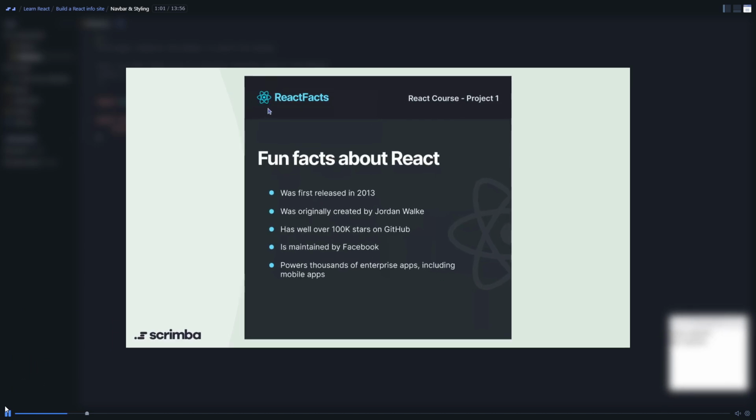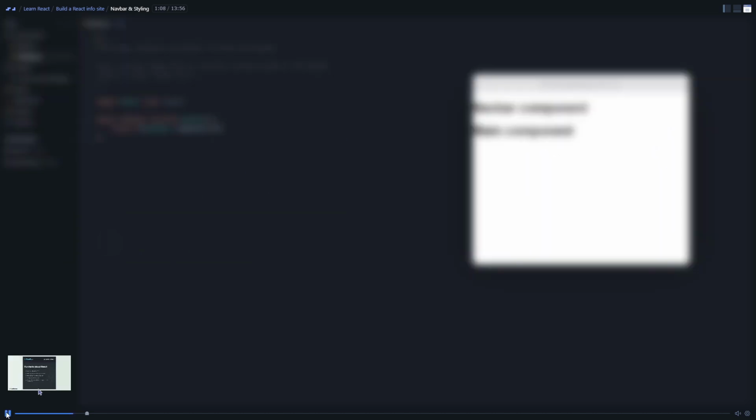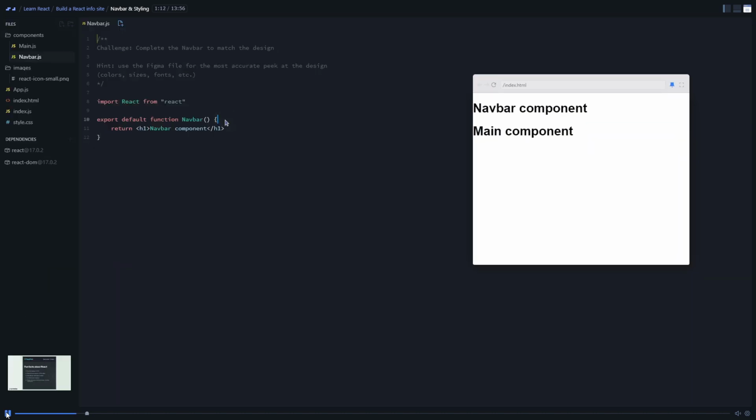All right, let's do this. Instead of rendering an H1, I'm going to open this up and render a nav element because this is a navigation bar. And inside there, we know we have an image. We'll give it its source while we're here. I have to use ../images because I'm inside of the components folder when I'm here in the nav bar. And it's React icon small.png. Let's just refresh and see if that's